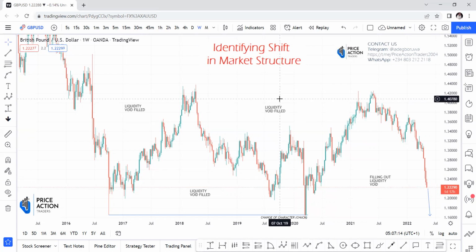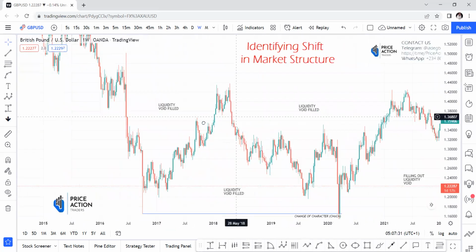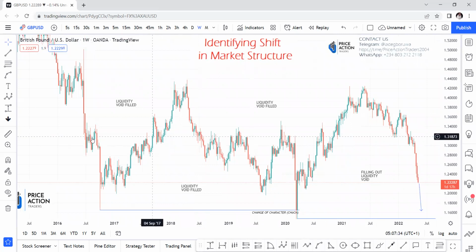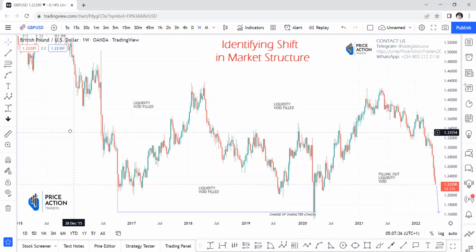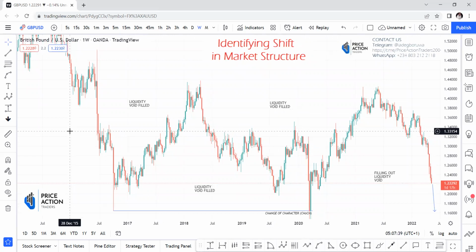opportunity for them. So whenever you see a range, above that range we have the imbalances or inefficiencies, but the market usually returns back into the range to create a new structure. So this is what happens up and down. I'm not saying you should use it as a point of entry, but you can use it to identify where the market will likely go, where there will be a possible market shift or possible price reversal,